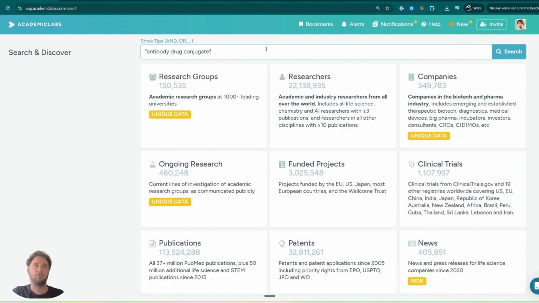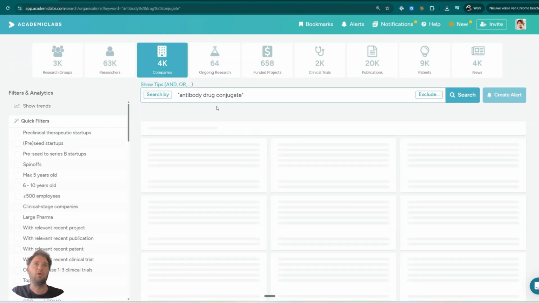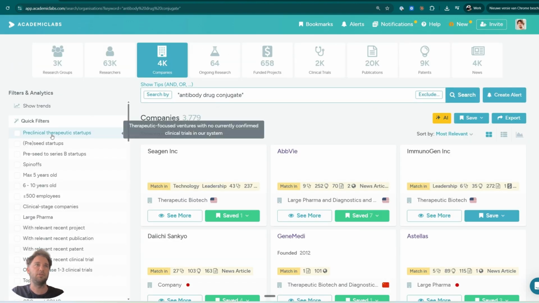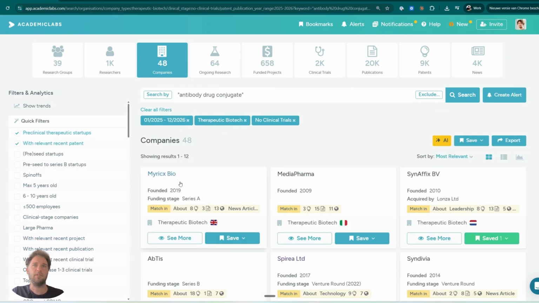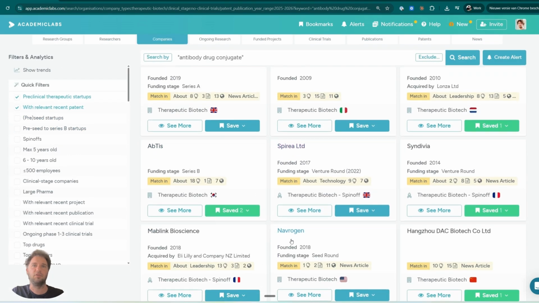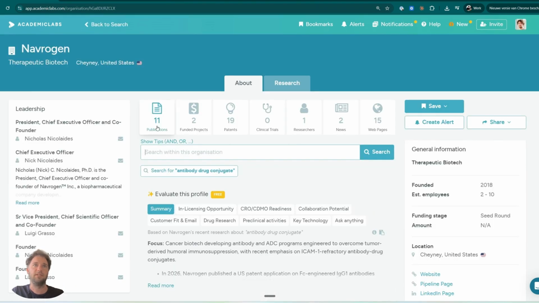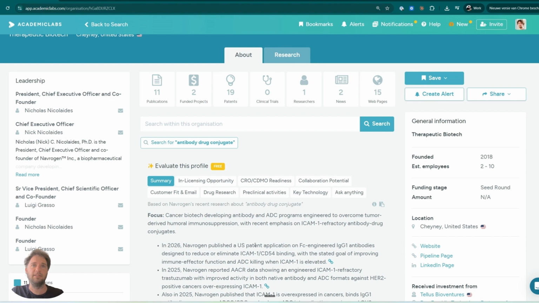So let's say I search for antibody-drug conjugates: 3,700 companies. We want to identify preclinical startups, so it's one click here. Let's say those that have a recent patent on ADCs, and then we have these companies. Let's say I look into Lifogen. We see publications, they have patents, news articles, web pages, and so on. We see immediately, in one second, what they have recently done on ADCs,